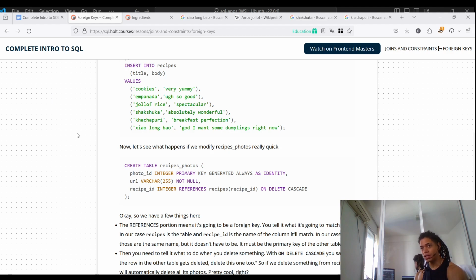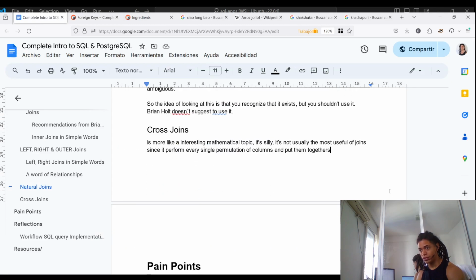The idea of looking at this relationship is to understand it with a good example like this, because I really love this particular example, and how painful it is to actually manage